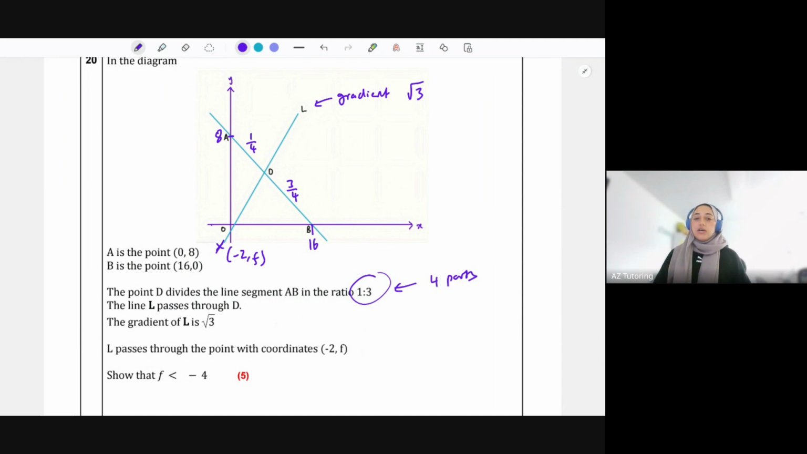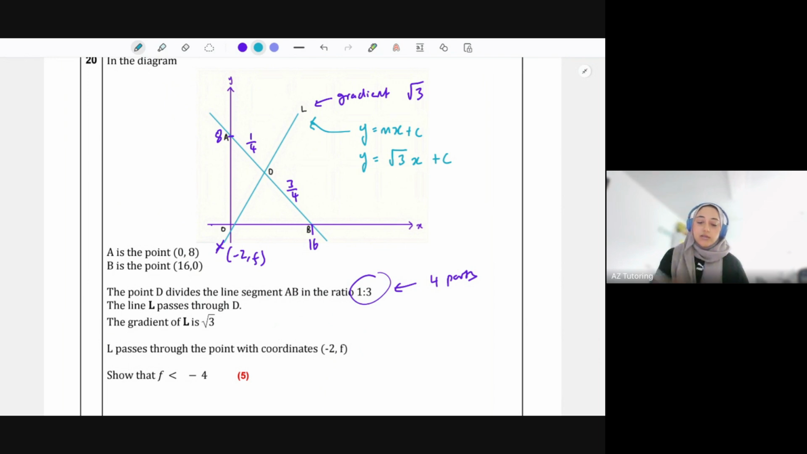Now the only way we can find out what f is, the y, is to find the equation of this line. We need to figure out y equals mx plus c of this line, and then we can substitute in this -2, find out what f is, and check if it is less than -4. So what's the equation of this line? Well, m is the gradient, c is the y-intercept, so I can say y equals √3 x plus c. But I can't find c. I don't know where it crosses the y-axis,